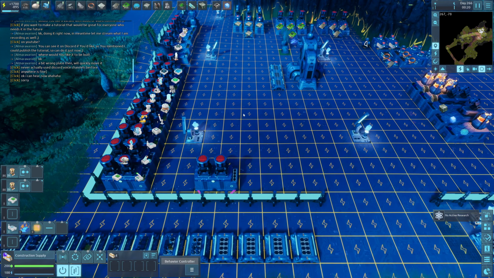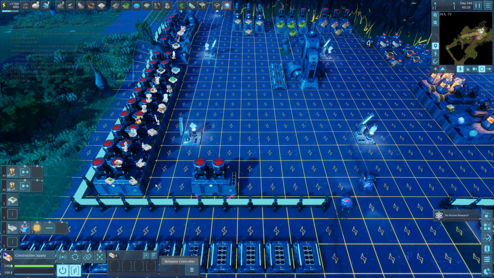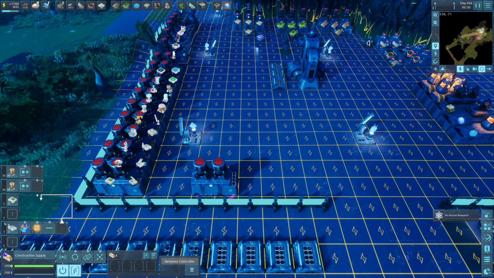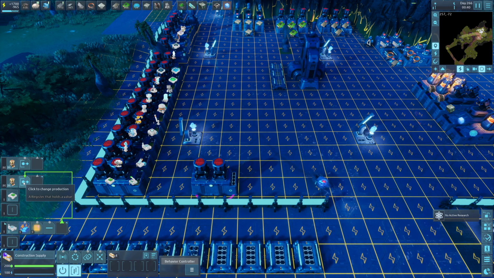Okay, so the easiest option to make something similar that supplies anything that is within the radar's area is to simply drag and drop into the assembler. This way, if